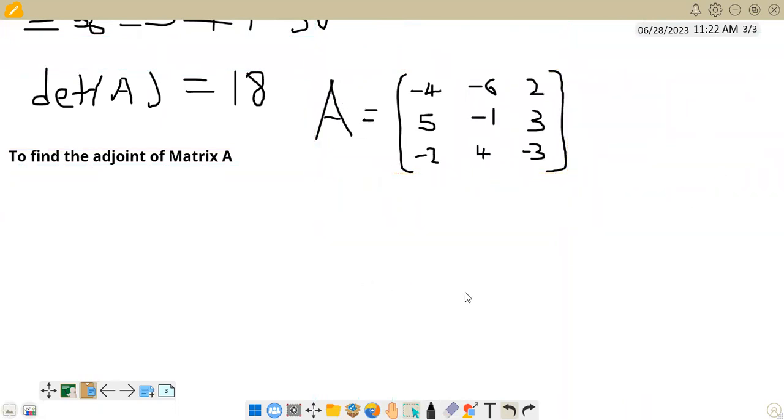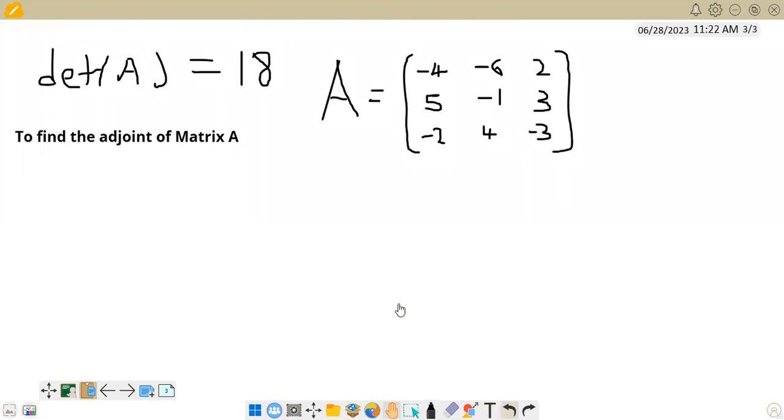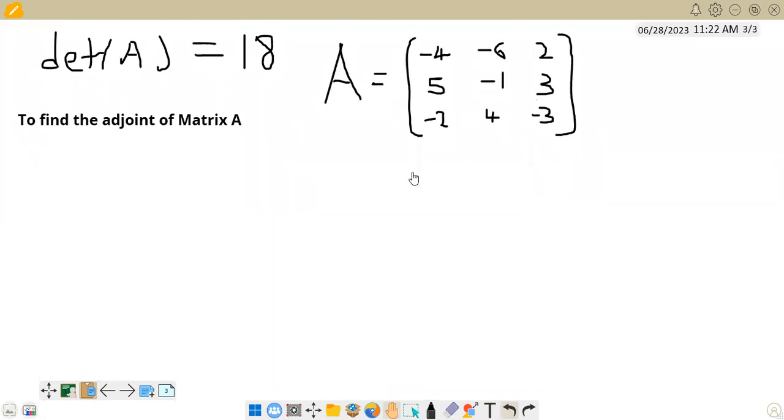Yeah, ndimafuna kuti adjoint matrix ikhale pafupi kuti tione, because now is when we'll start using the cofactors to calculate the adjoint. Now to calculate the adjoint, first of all, if you recall,